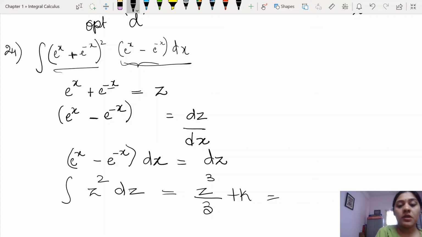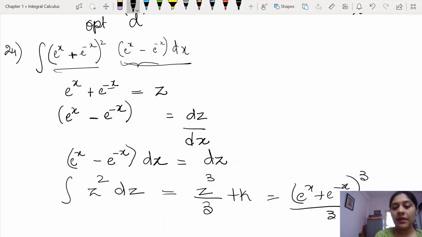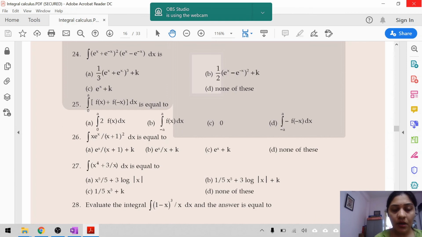Okay, so now z value is nothing but e power x plus e power minus x the whole power 3 divided by 3 plus k. Okay, so now let us match with the options and see which one matches. This is nothing but option